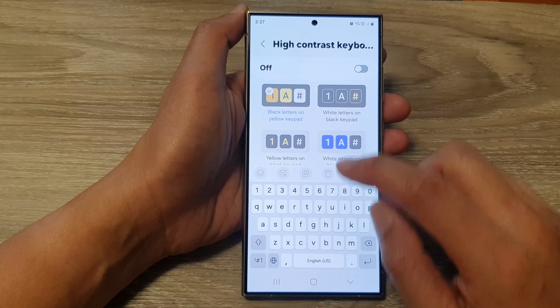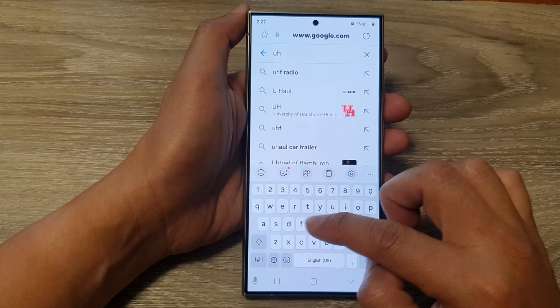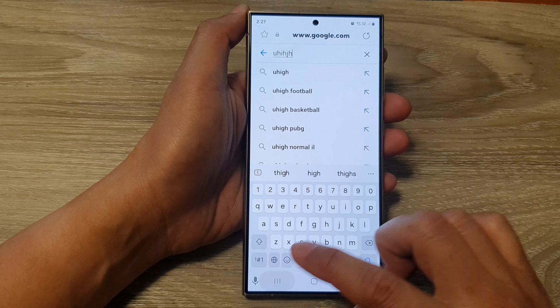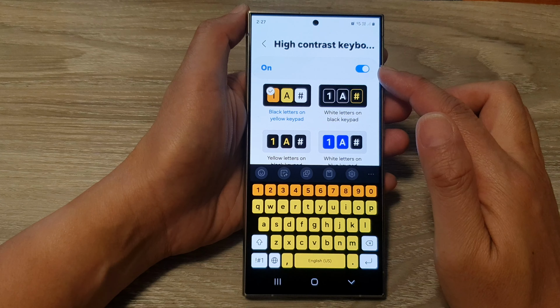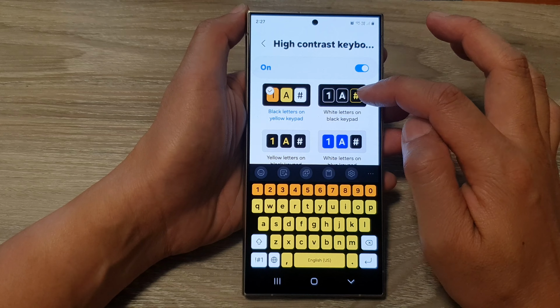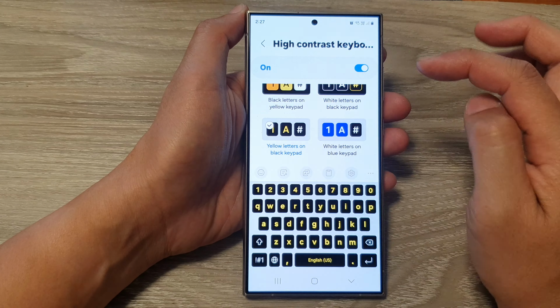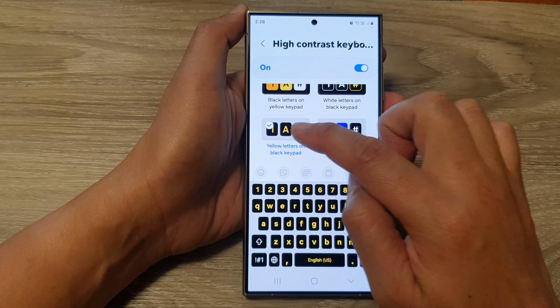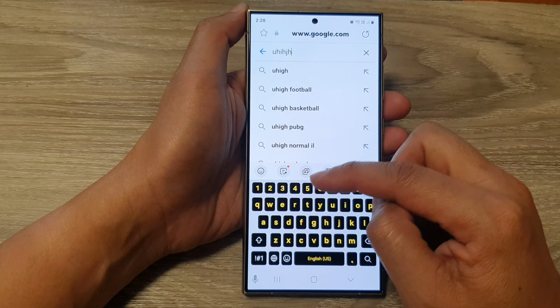to use it. So if I turn off high contrast keyboard, you can see the keyboard will go back to a standard color. Otherwise, if you turn it on, you can also change your contrast keyboard. So you got black letters on yellow keypad, white letters on black keypad, or you have yellow letters on black keypad. So here, if I select this one, you can see I go to my browser that will use the